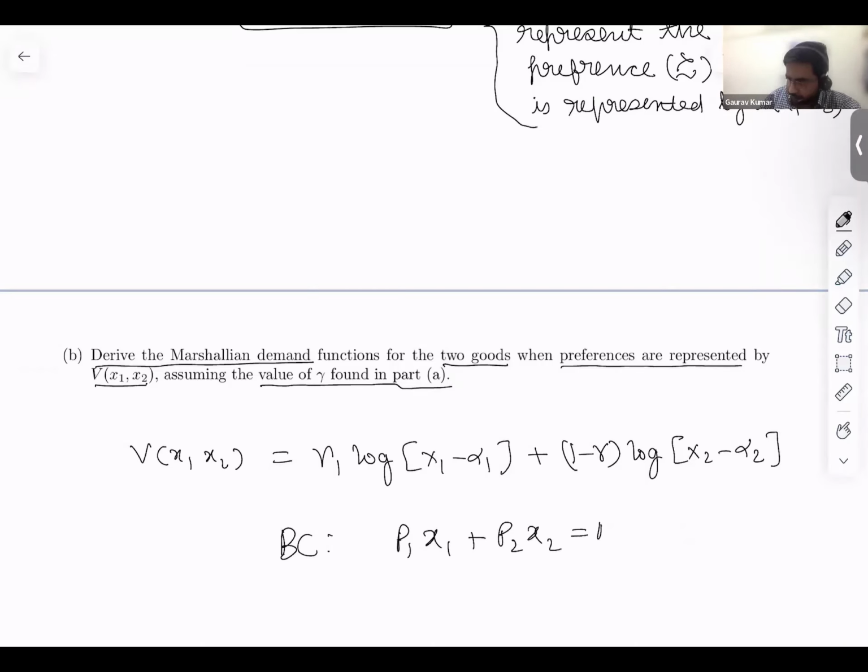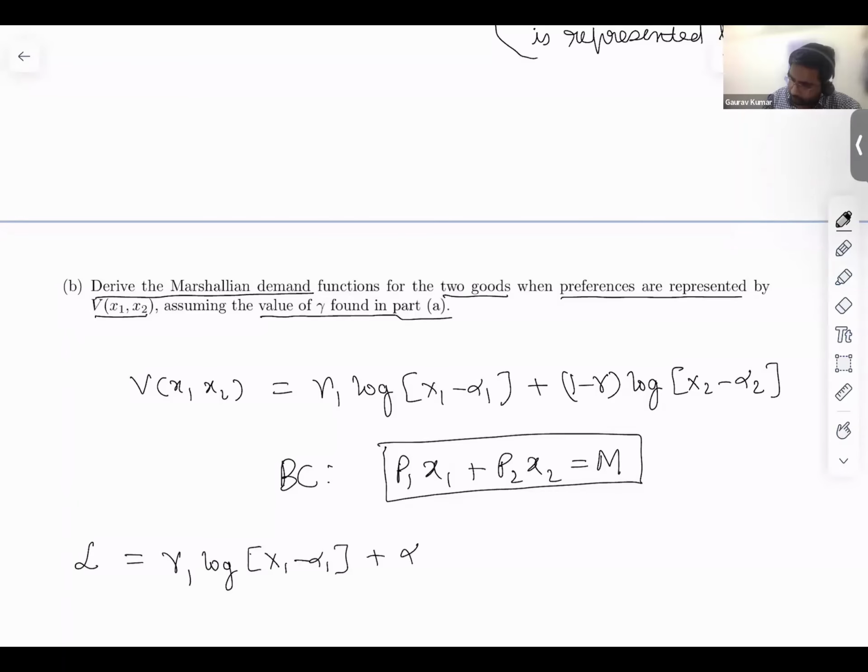So we formulate a Lagrangian. Now, since you have formulated the Lagrangian, take the first order condition with respect to the two goods. Doing it with respect to good 1 and equating it to 0, you get